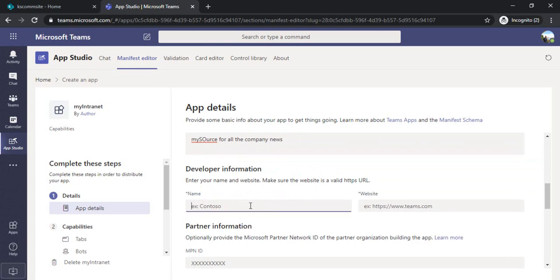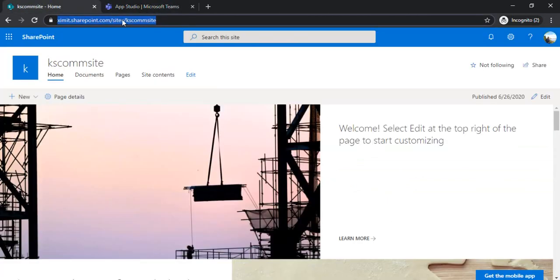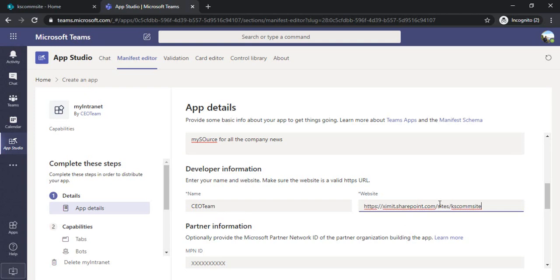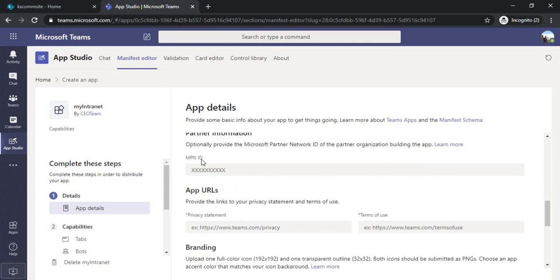Now scrolling down, in the developer information you can specify, let's say, collaboration team or whatever team you want to write. The website is generally a support website, whatever you would like to type, but I'm just pasting this site itself, or you can type whatever site or information you want to give. In the MPN ID you can leave it as is.